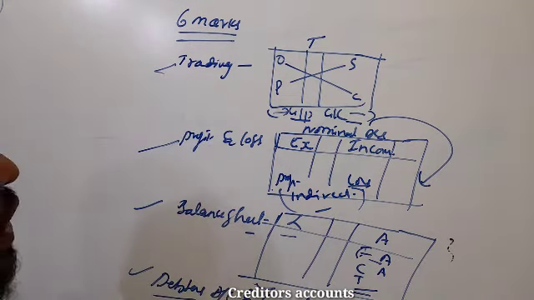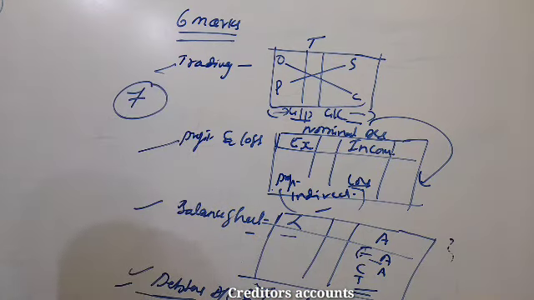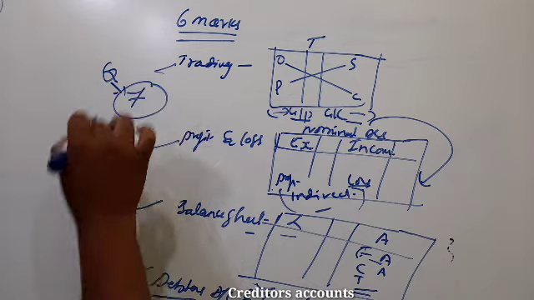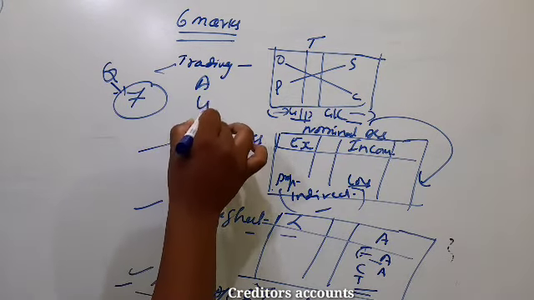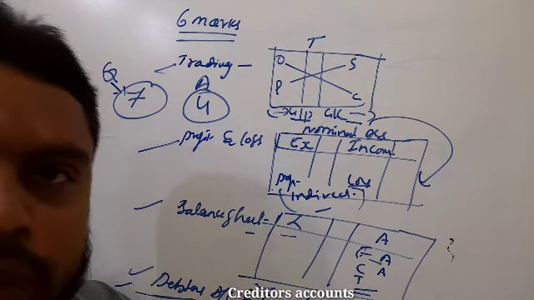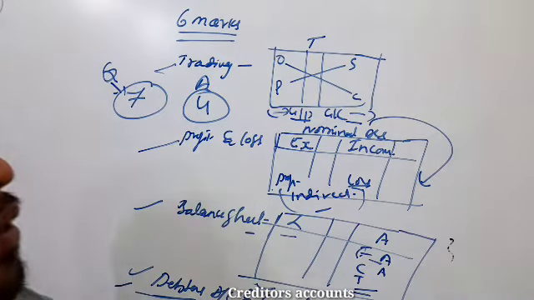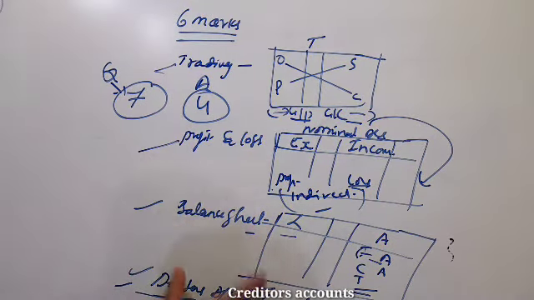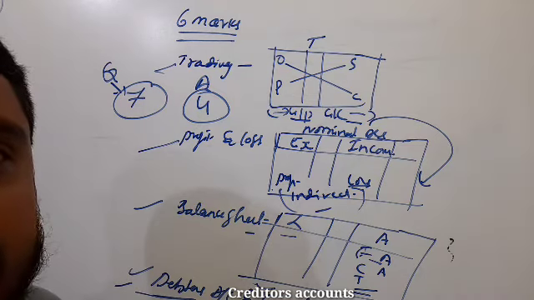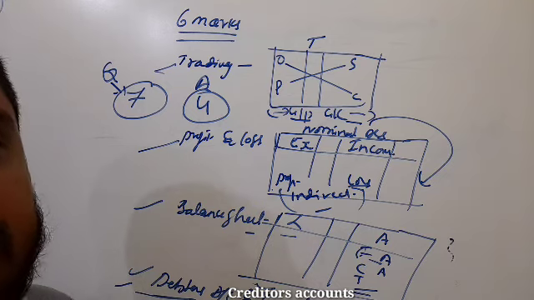So you have 3 questions here. Out of the 3 compulsory, you will get 2 questions, and here also you will get any 1 question. So totally in 6 marks questions you will get 7 questions, and you have to answer any 4. So you practice all 7 questions. In the exam, first attend the 4 questions, whichever is easy for you. I did all these problems in offline classes. Go through those questions, and once again practice them.